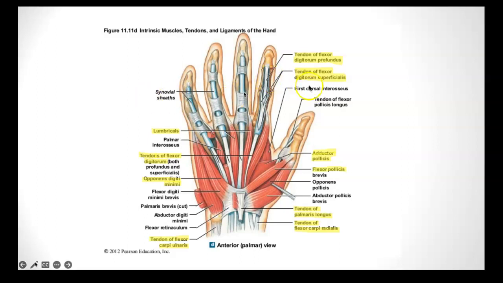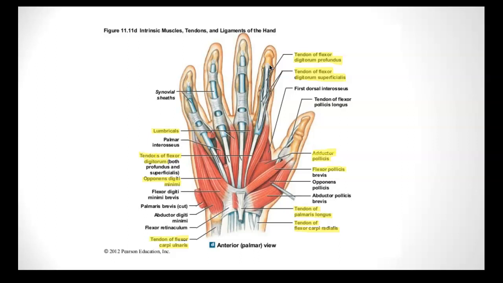right? Now our profundus, remember, it goes through the split and then it attaches where? To the bases of the distal phalanges of the digits 2 through 5, right? Another way that I would say it is just the distal part of the phalange, so right in this region here. And this is a differential because it is going to help with DIP flexion because of its attachment site and angle of pull. It's also going to assist in PIP flexion, and then it's also going to assist in